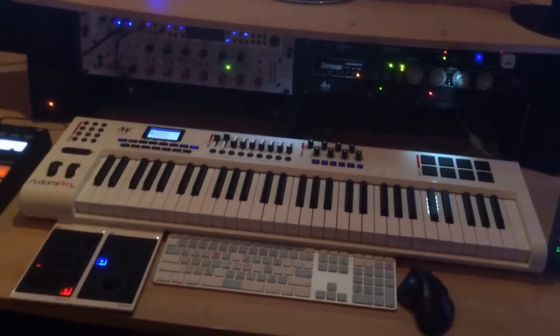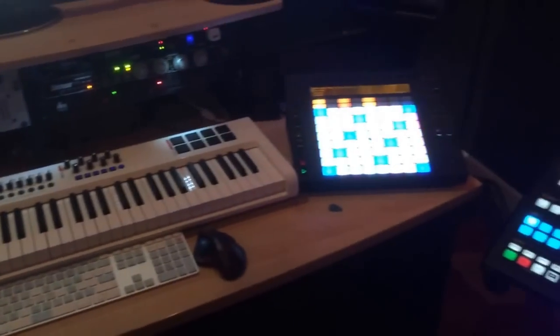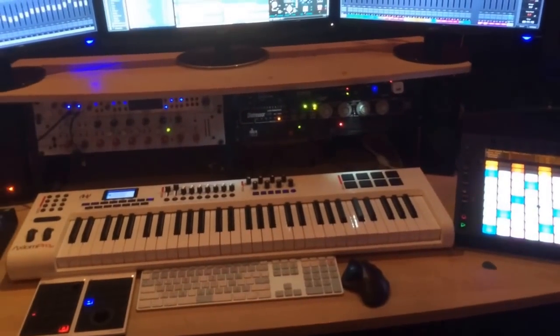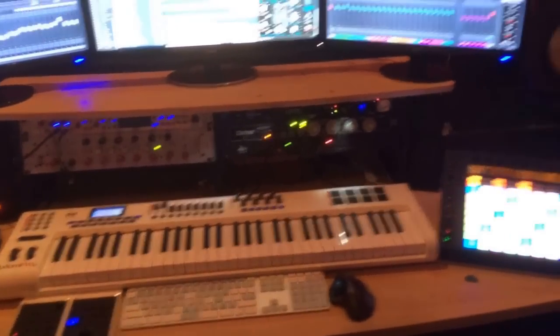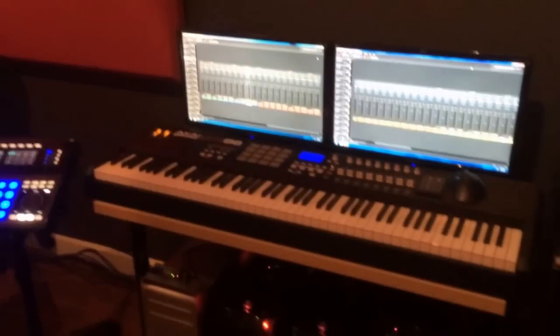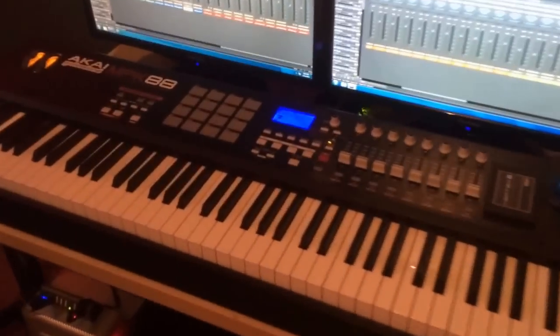which I actually have another one of these at the crib because when we get these sub-zero freezing temperatures in Chicago, like we've been getting lately, then I try not to leave the crib. So I got a small version of this setup at the crib so I can work from home. So then I got the MPK